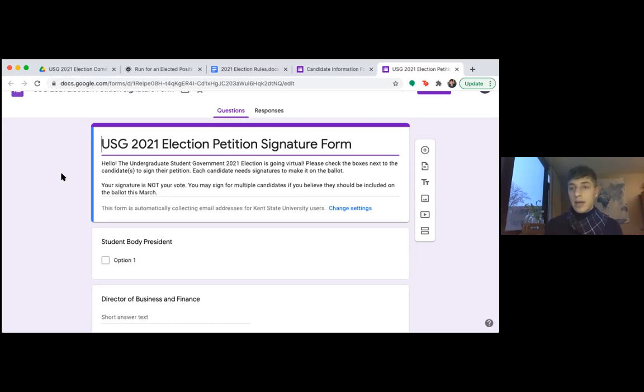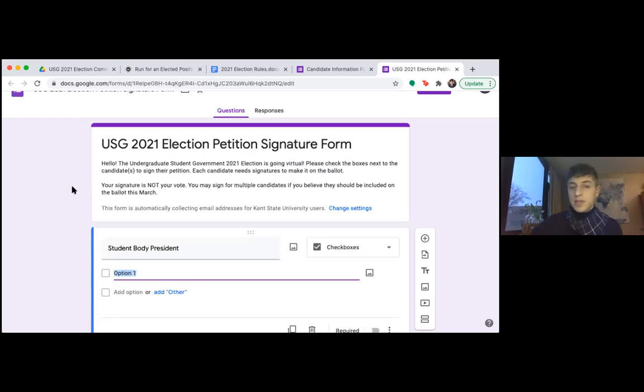Someone might look through it and go ahead and check mark your name. In this case, option 1, but they'll see a little bit about you, check mark it, and you'll be good to go. And once you collect 202 of those, we'll have it recorded in the responses here, which are currently blank. We'll let you know you're good to go. We'll keep you updated because this is different. You don't necessarily have access to the form like you used to when it was a physical thing. You count your signatures, but we will give you updates. I think more than weekly, but at least weekly. And then if you meet that goal, you'll be good to go. So that is what the petitioning process looks like.